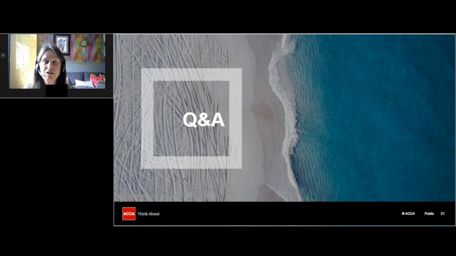And for those of you who are resitting, I think the key thing is to try to work out where you're going wrong and then focus on that. So if it's lack of knowledge, you need to make sure that you go back and learn those areas where you've got gaps. If it's because of exam technique, then you need to make sure that you practice questions, practice focusing on the requirement, picking up the clues, and applying your knowledge to the scenario particularly. General comments are not going to score in the exam.